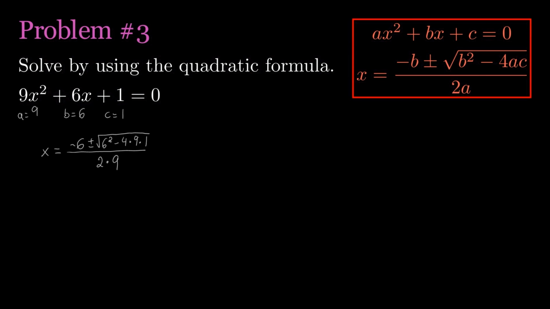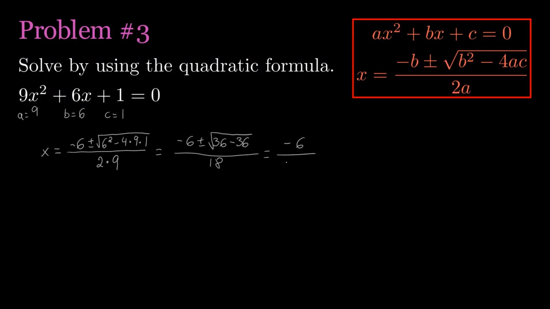And from that point on, it's just a matter of simplifying that and making sure that our final answer is a simplified radical expression. So we're going to get negative 6 plus or minus, under the square root we have 36, which is 6 squared, minus 4 times 9 times 1. 4 times 9 is also 36, and then all over 18. So it's negative 6 plus or minus the square root of 0, which is really 0. So it's just negative 6 on top, because adding or subtracting 0 doesn't change anything,